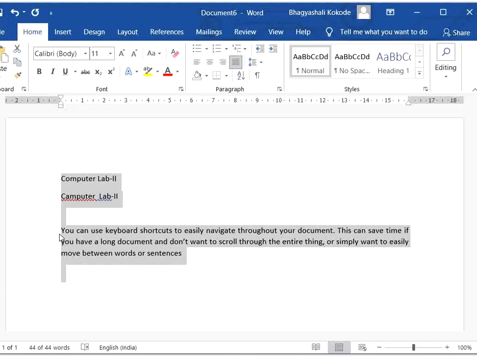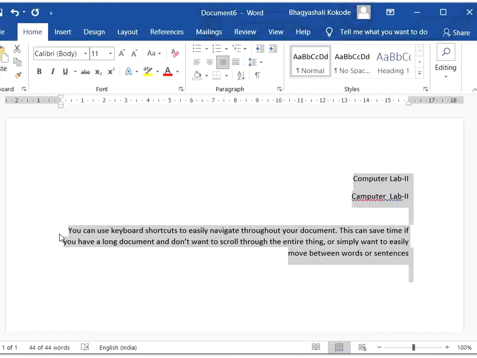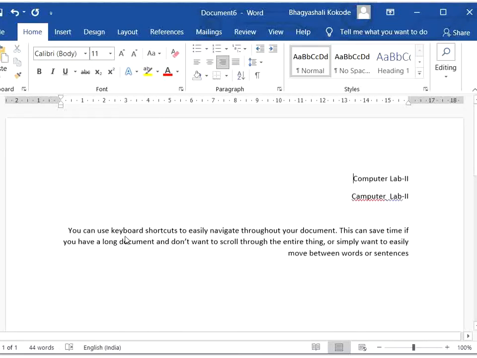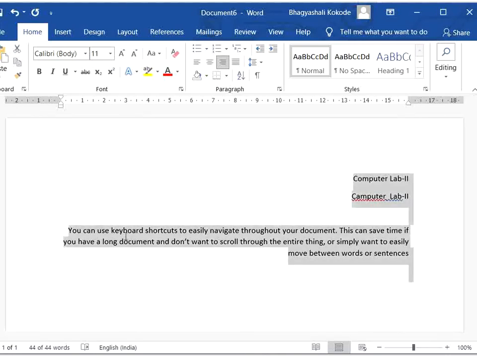Now see whenever you are pressing Control R. This Control R shortcut key is used to move the particular paragraph to the right side. Again, whenever you are using the Control up key, you have to select the text and press Control up key. Control up key is used to move one paragraph up or down.